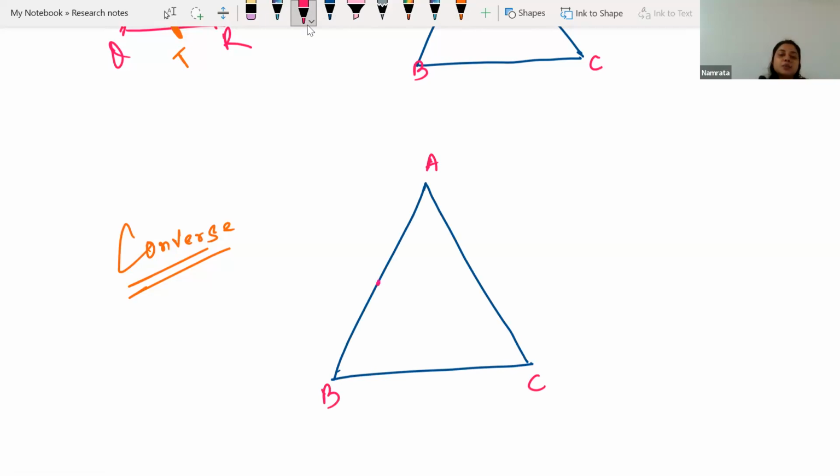Let's say you take the midpoint of this one, M. Now through the midpoint you draw a line which is parallel to the other side. So here M is the midpoint